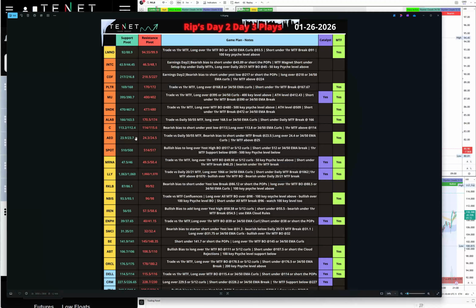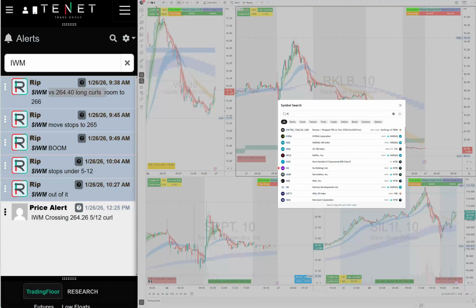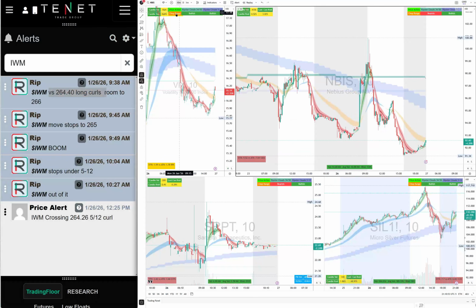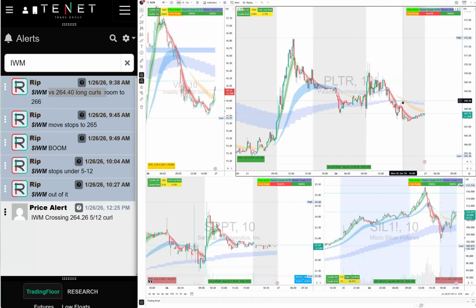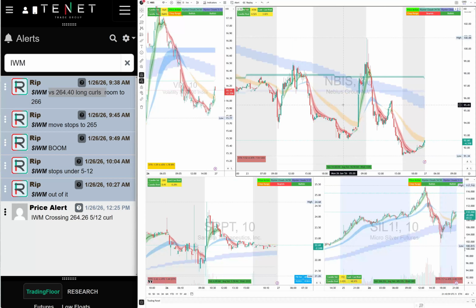That's how we had a lot of these names on our plan, Rocket Lab and IREN, which were weak names that we were short in the community today. Looking at other names like PLTR, which dumped later in the day as well. That's how you analyze different sectors, so you stay on the right side. Today was a green trade for us on the long side because we focused on the Mag 7 and SPY, QQQs. Of course, a lot of traders did some shorts on IWM and smaller names, made some money there.